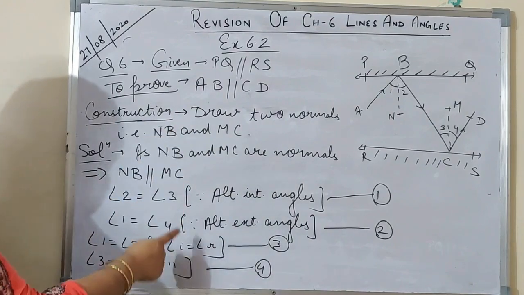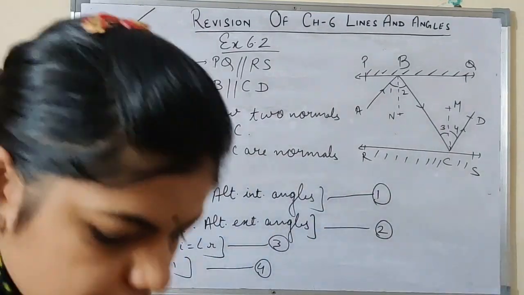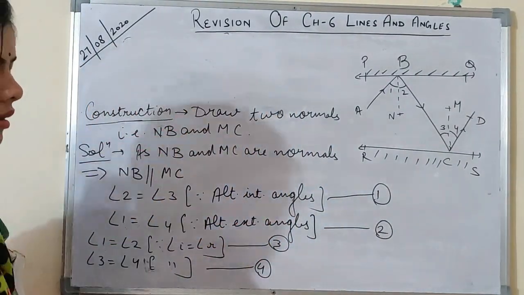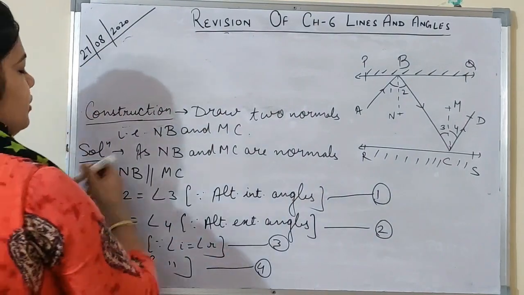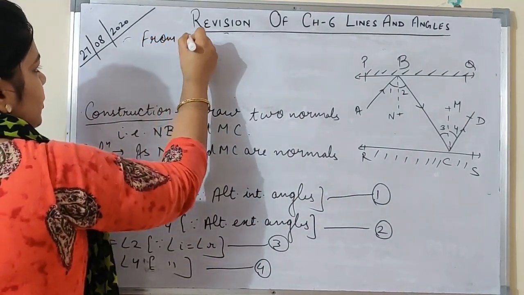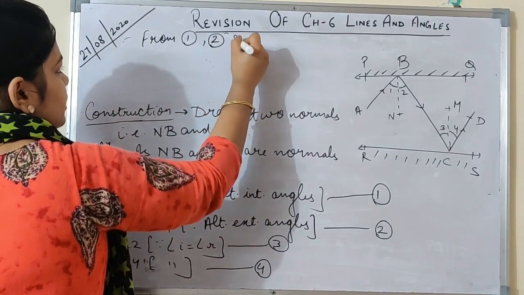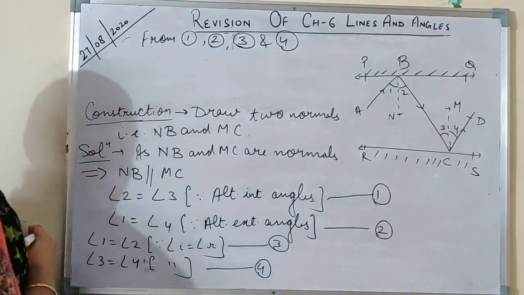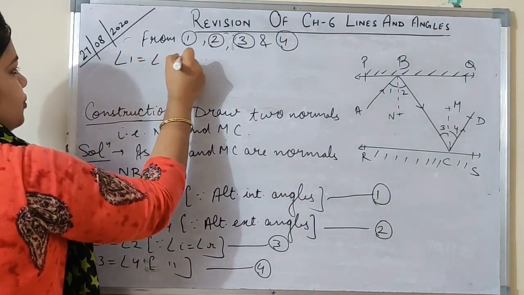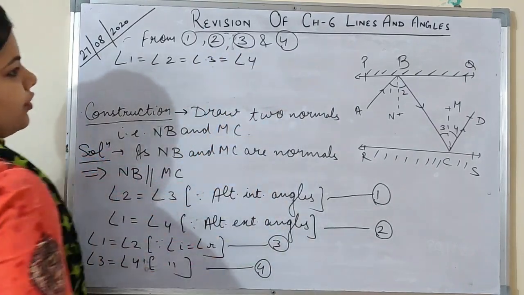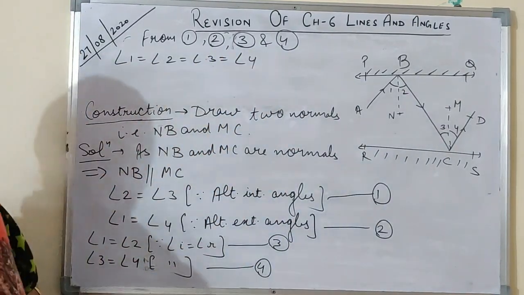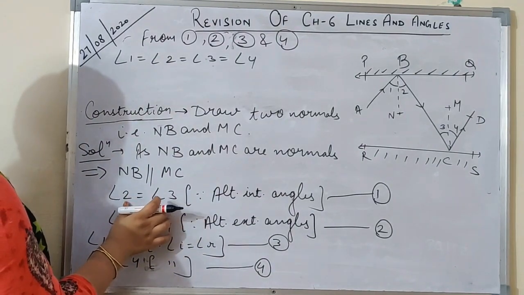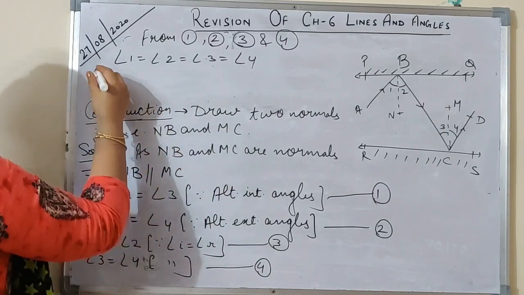So, from all these equations, I am writing it on the top. From first, second, third and fourth, we can write that angle 1 is equal to angle 2 is equal to angle 3 is equal to angle 4. Okay. So, this angle 1 will become as angle 1, equation number 1. So, from